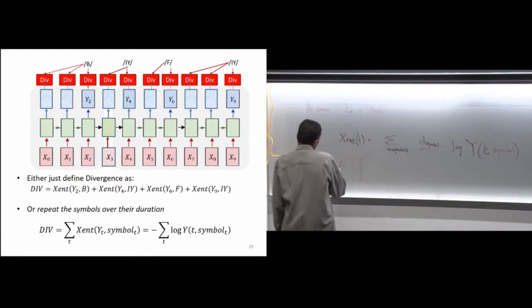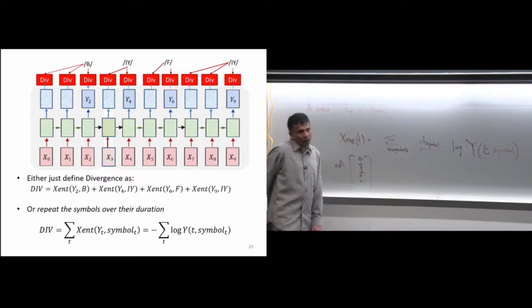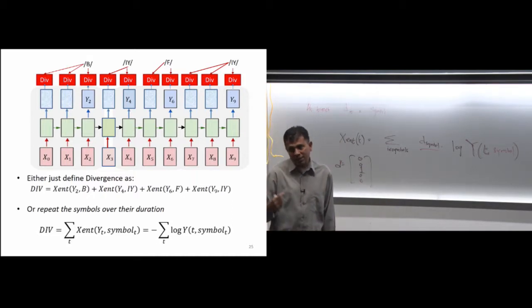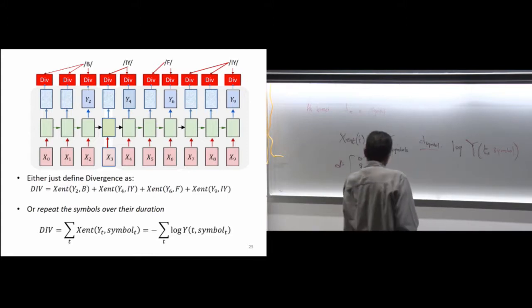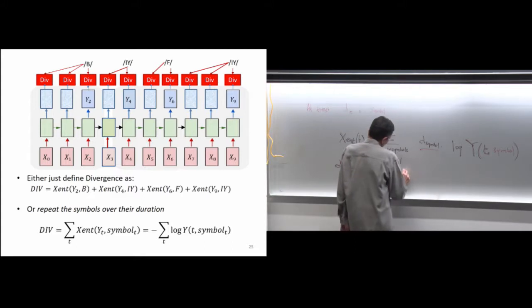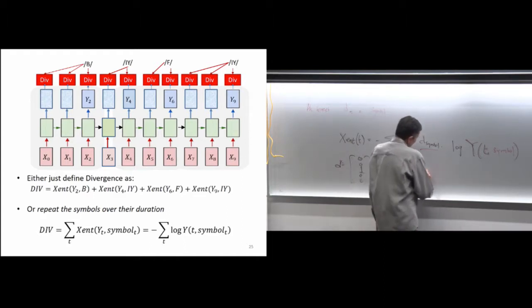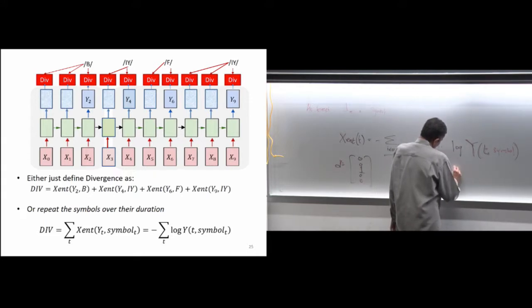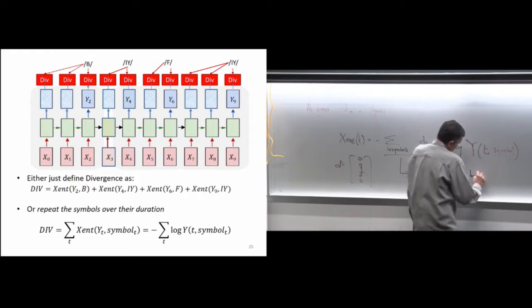But the desired value is going to have this structure. It's going to be 0 for all the symbols that you do not want and 1 for the one symbol that you want. We're using one-hot representations to represent the desired symbol, and so the summation will go away. We actually had a minus, so this is simply going to be minus log of y of t of the target symbol, which I've just written as